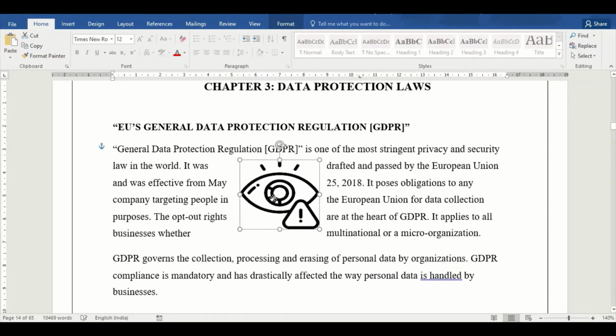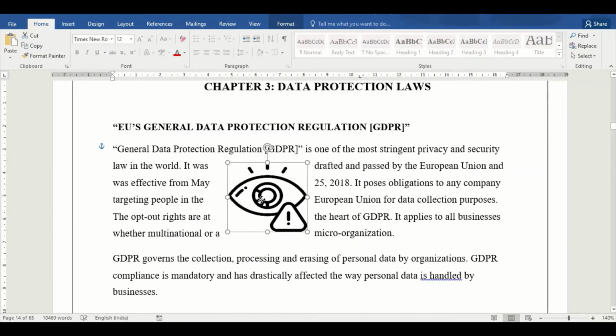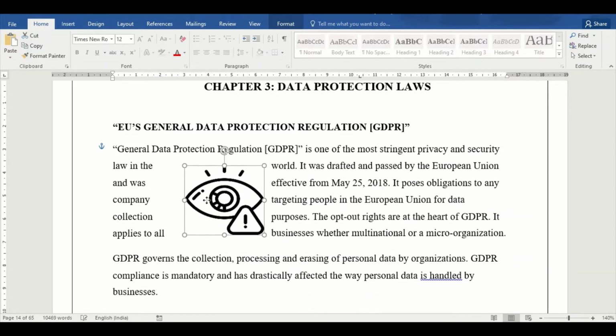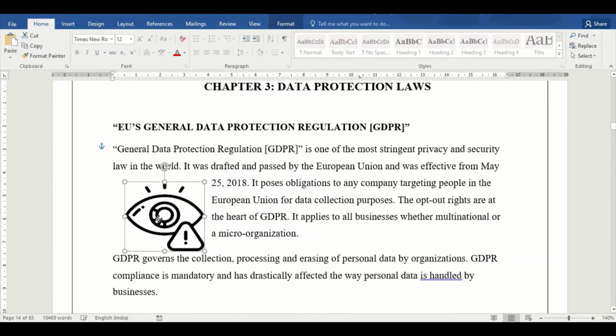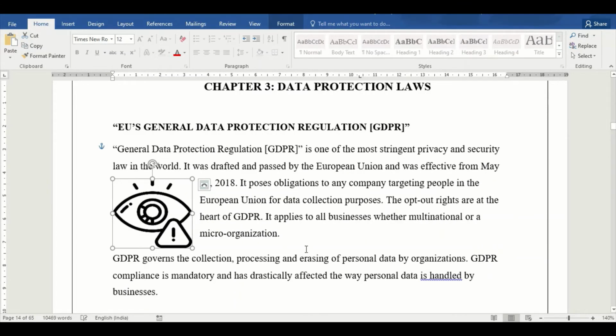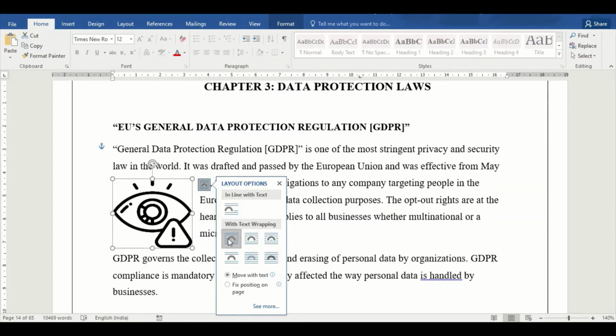If you do need to place the image somewhere in the middle of the paragraph, this is a better option or a better way how you can present it. So you can see now it looks like it's properly aligned and the text fills in properly. And again you can see that the small cutout over here, that is exactly how your image is going to look with your text. The blue lines indicating the text and your semicircle with a square representing your image.